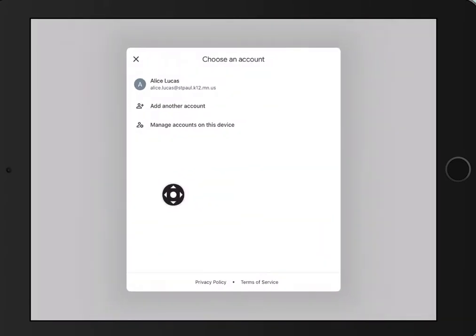All right, so right here you can see that your St. Paul .k12.mn.us email address should be listed at the top. If it's not, that means that you are not signed into Google Drive because this is a Google app, and that's not a problem. You just have to sign in with your email. If you don't remember your email, please ask your teachers, or feel free to email and call me or support staff. So I'm going to touch on my name, Alice Lucas,